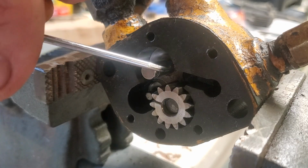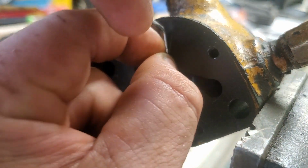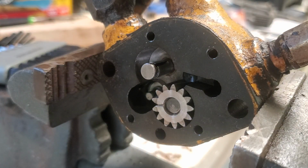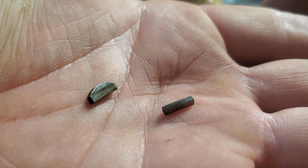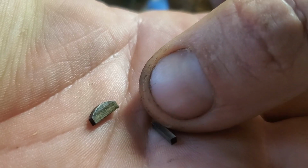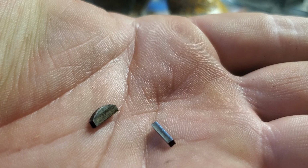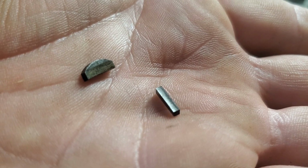But yeah, after 2 years of struggling to figure out what this issue was, and obviously it was on and off, it wasn't a full 2 years, but I didn't always have the time. What ended up happening here is that Woodruff key went and split right in half, and you can see it's dished out right there. And 2 of those keys inside that pump is what has been, I'm guessing, causing my issue,